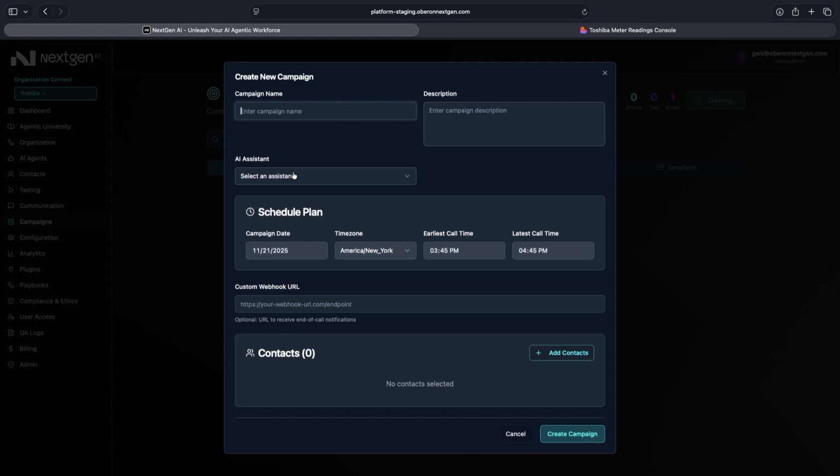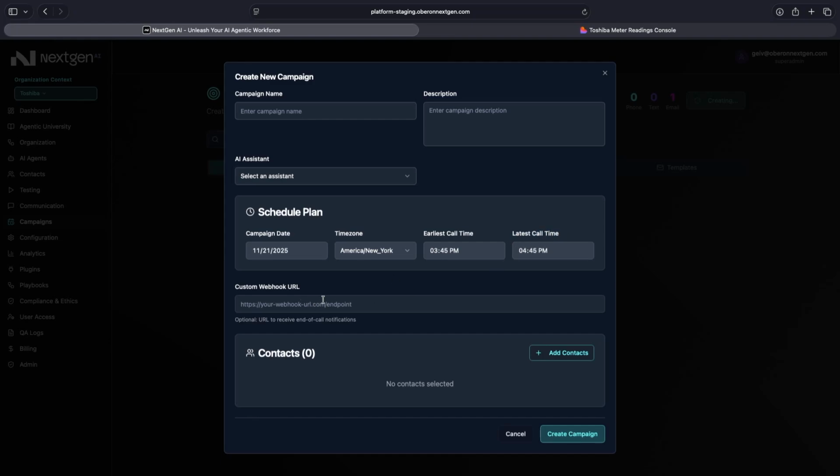You define a name, a description, then you select which agent is going to conduct that campaign. There's a need to define a date when this is going to happen, time zone, the earliest call time, and the latest call time, which means that there's a window from the very first call till the end. This is the system trying to load balance the whole number of calls that should be happening in that date, right? When there's high loads and high volumes going on, it's going to try to balance that so the system doesn't get overwhelmed. But it's going to make sure that everything happens until the latest call time that you define